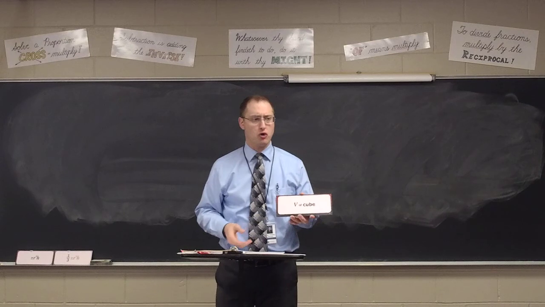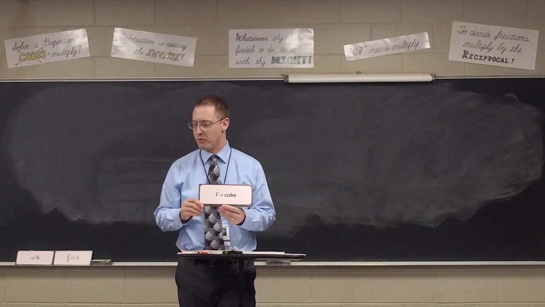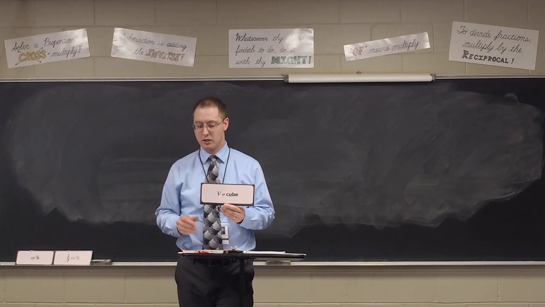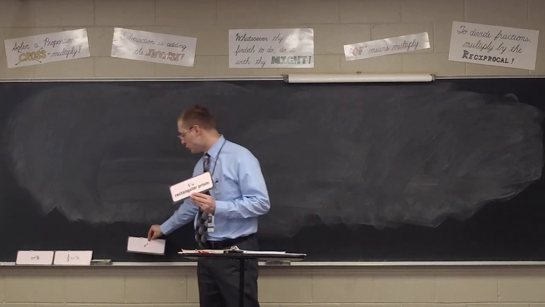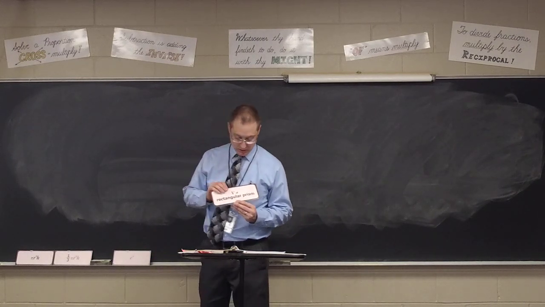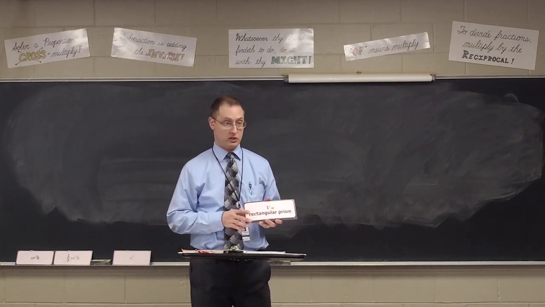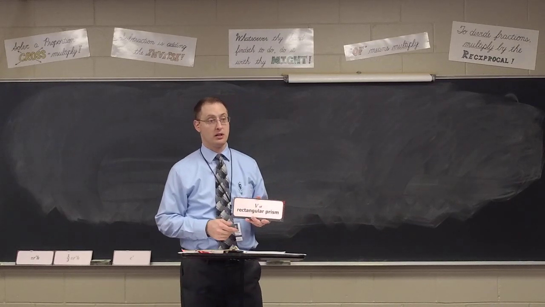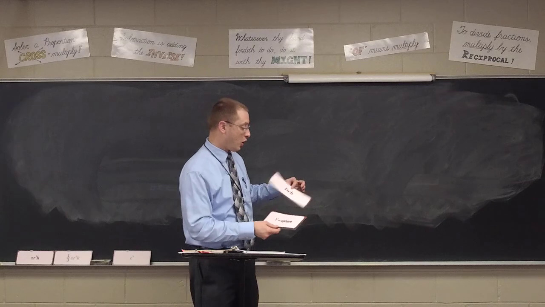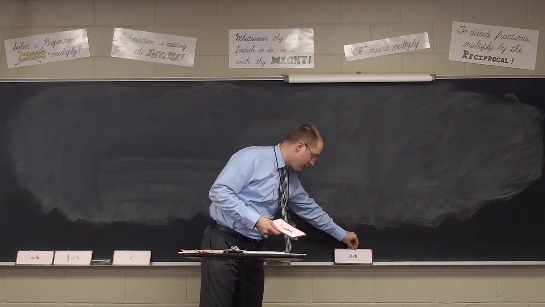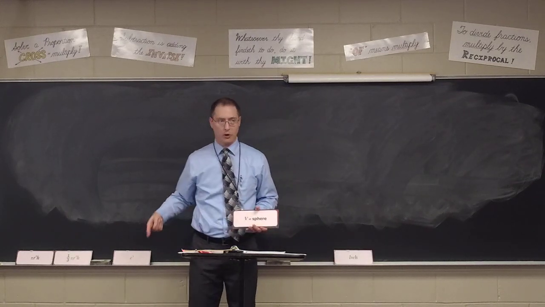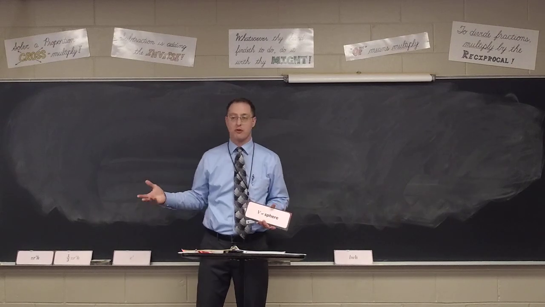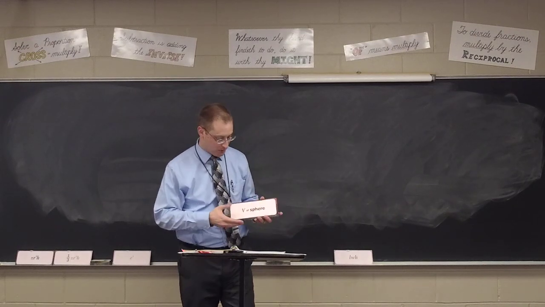What about a cube? Back to Joshua for redemption. Volume of a cube. E cubed. E cubed, right? Just the edge cubed. Pretty straightforward. Which is similar to a rectangular prism, Scott, which is LWH. You take all three dimensions of the prism and multiply it. Well, a cube, the L, the W, the H, they're all the same, so we just call it E for edge, and hence we get the edge cubed.